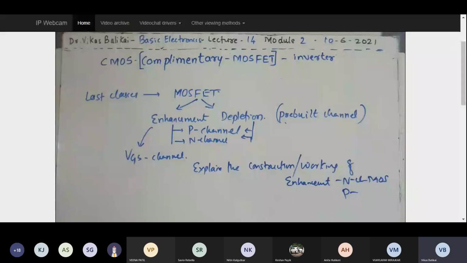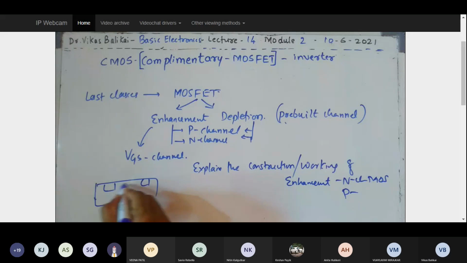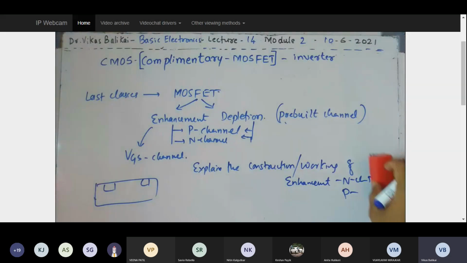They may even ask to explain the construction or working of a MOSFET with the input and output characteristics. At that point, you are supposed to explain the two graphs along with the structure which we have drawn: the P substrate, N diffusion, that is source, drain, gate, all these things. This is what your answer should be for a typical question in MOSFET. Now in this lecture, we're going to start with JFET, the junction field effect transistor.